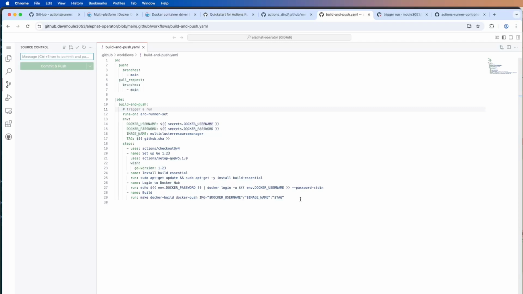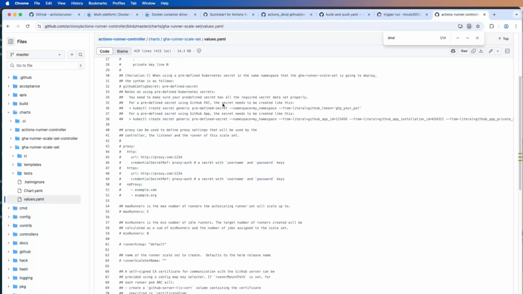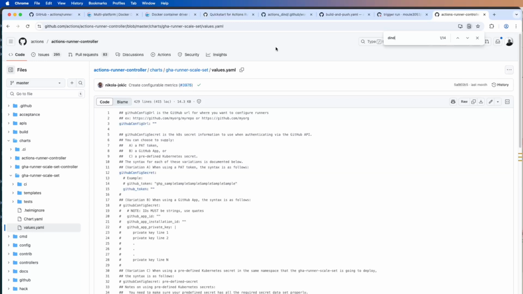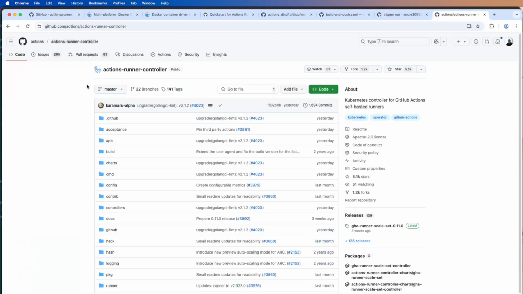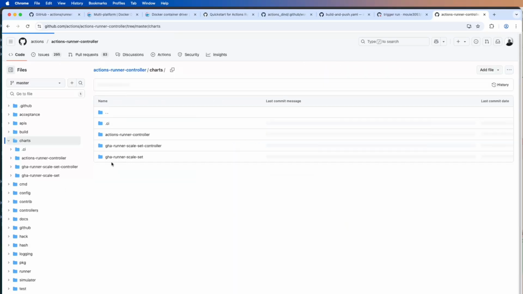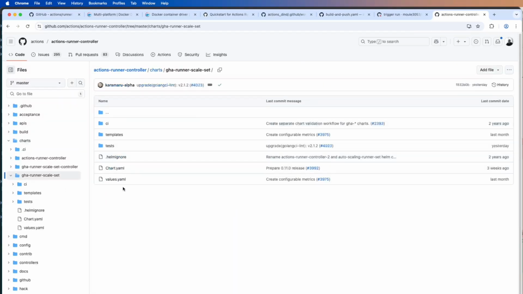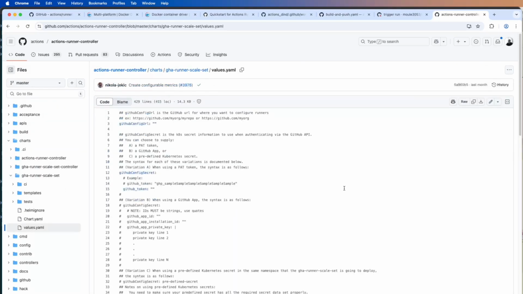So one of the ways to do that is by using something called Docker in Docker, or DIND for short, and that is provided as a sidecar to your runner. So the GitHub Actions scale set actually supports that. So if you go to the Actions Runner controller page in GitHub and check the scale sets Helm chart. So let's go to the charts and then GitHub Actions scale set. And if you check the values file and search for